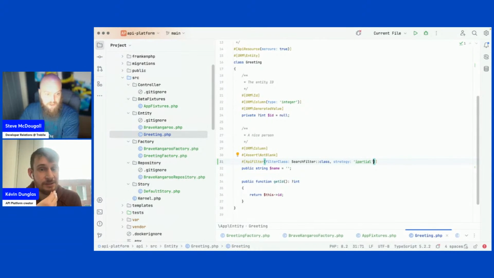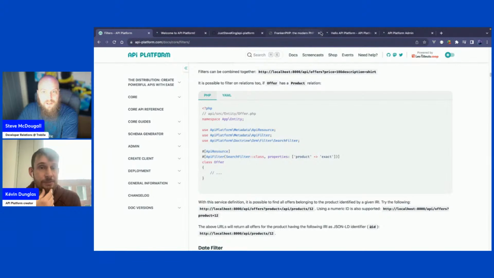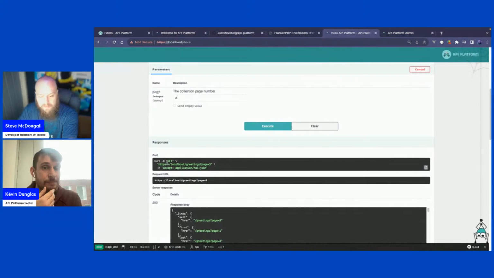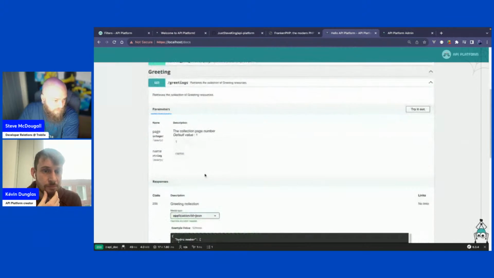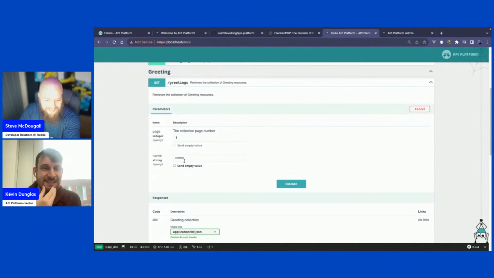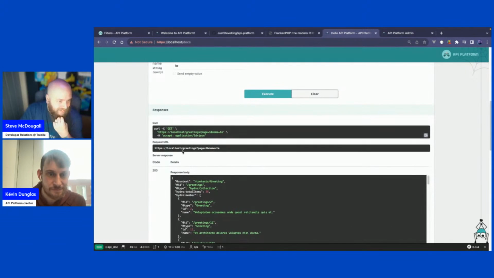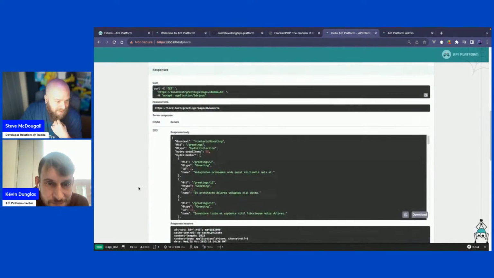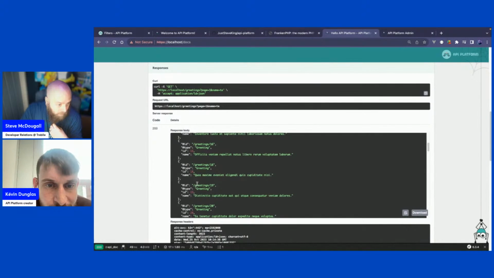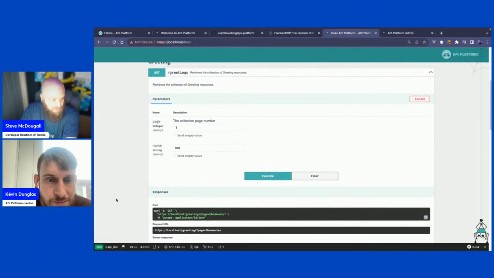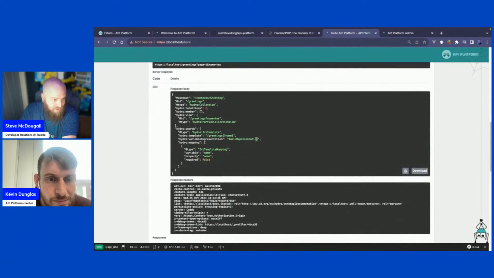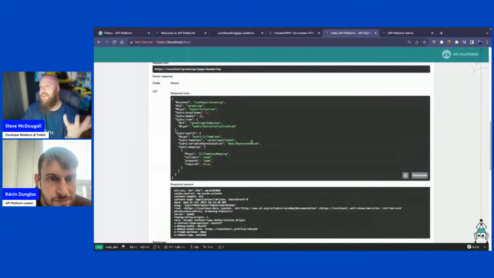Okay, so go back to the docs and let's have a look. Reload this, come over to greetings. Wow. Let's just execute that and see what it does. Name equals TES. Wow. That's so much easier.